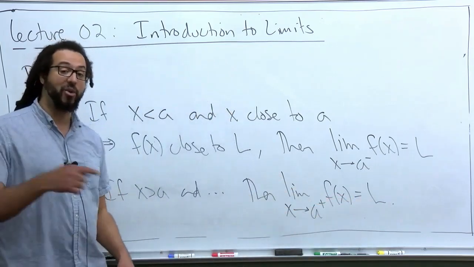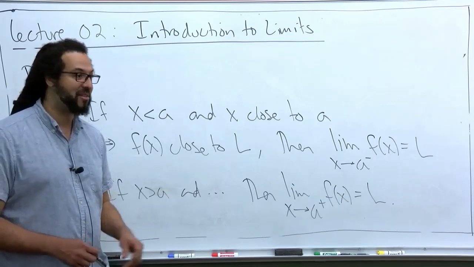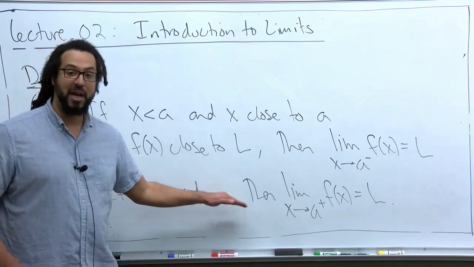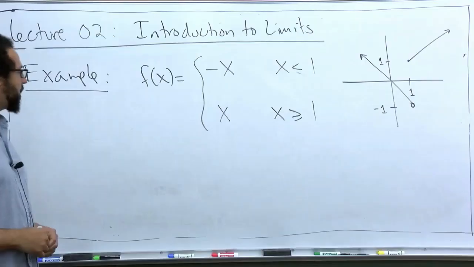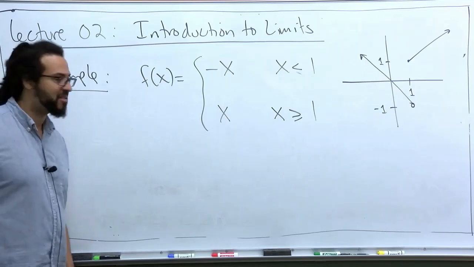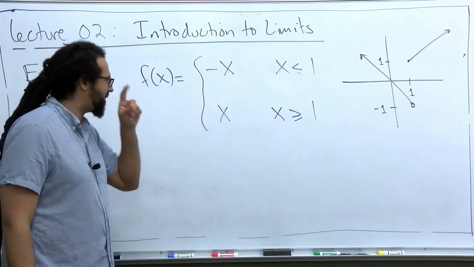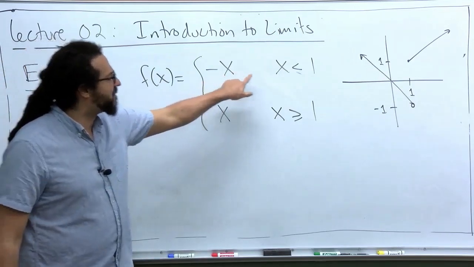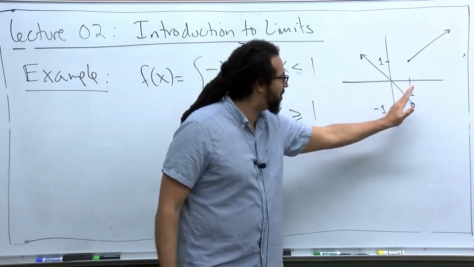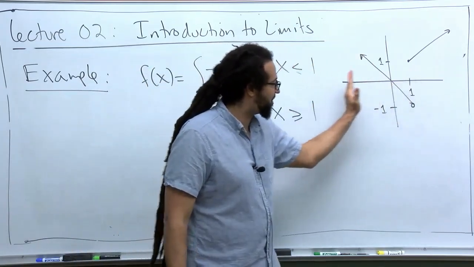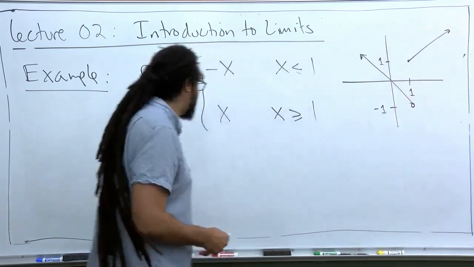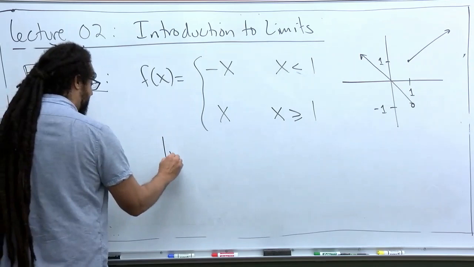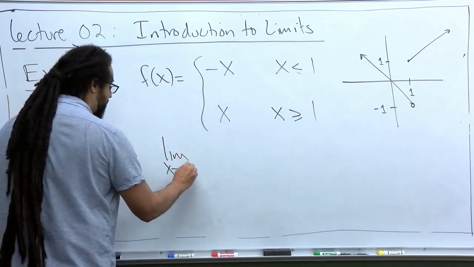Okay, let's go ahead and revisit that last example so we can see what left and right-hand limits mean in that situation. From our previous example, this piecewise defined function, it was negative x when x is less than 1, so it's the line y equals negative x to the left of 1, and it's the line y equals x to the right of 1. So now in this situation, the limit as x approaches 1 from the left,